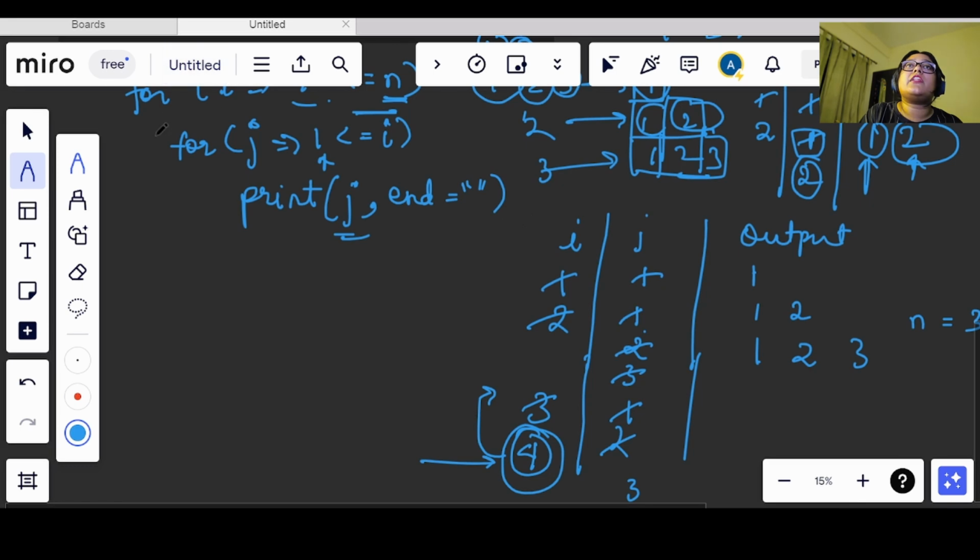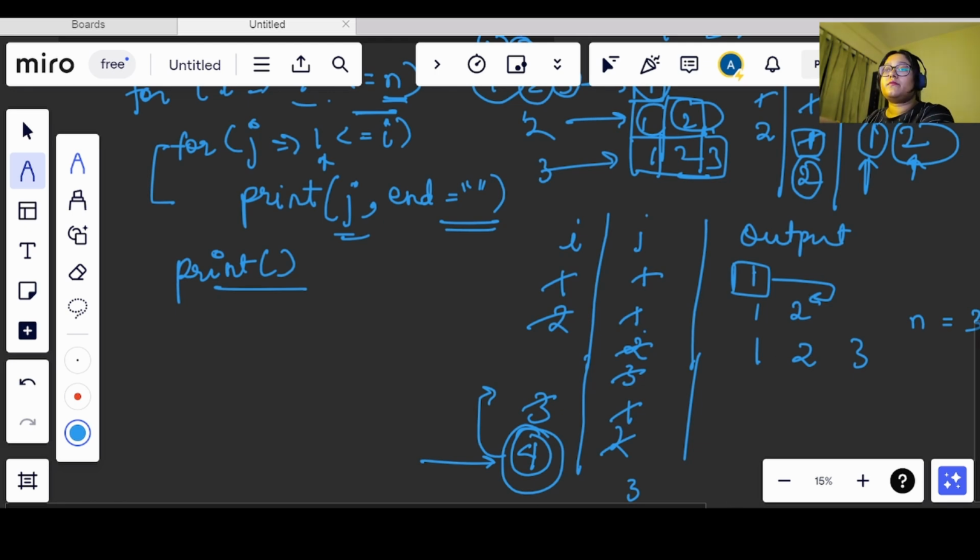Now like in the previous one, out of the j loop we will simply print so that we change the line, right? Because after every row we need to change the line to move to a new fresh row, right? So now let's move on to the code editor and we will solve this problem there.